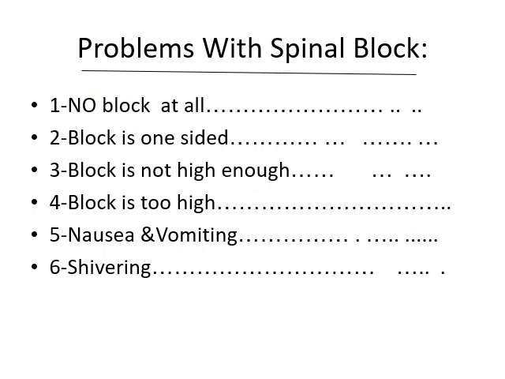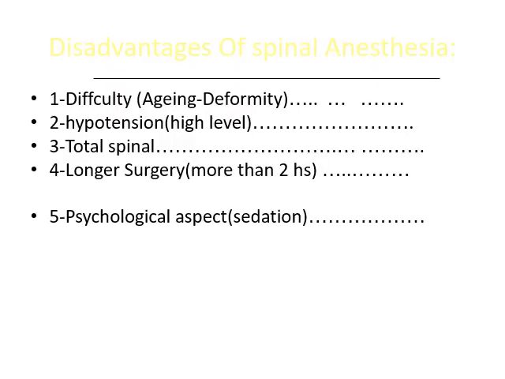Problems with spinal anesthesia: no block at all, failure of spinal, block in one side, block is not high enough, inappropriate block. Block is too high, nausea, vomiting, shivering, difficulty to give spinal, as in spinal cord deformities and aging, hypotension, total spinal anesthesia,